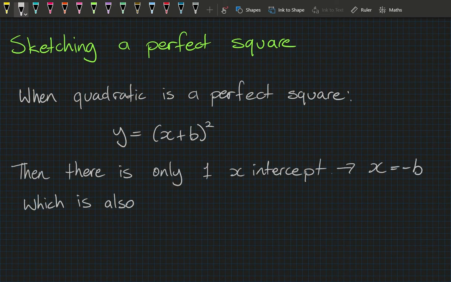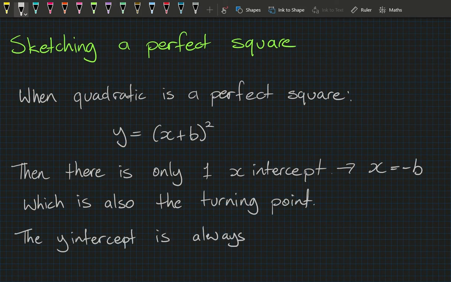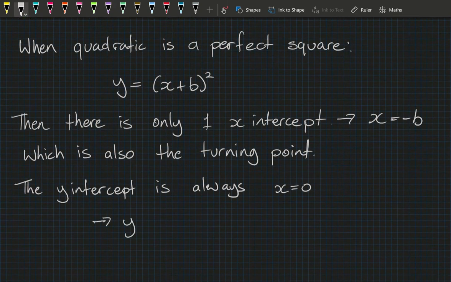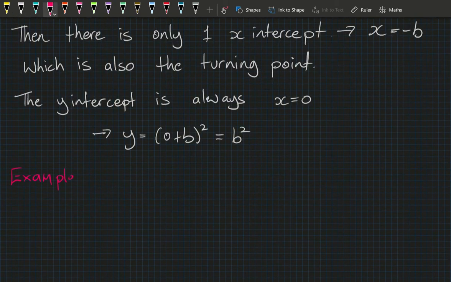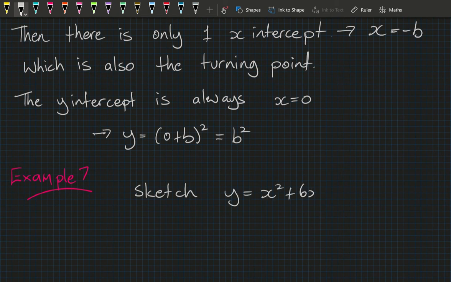This intercept is also the turning point. The y-intercept is always where x is equal to 0, so subbing that in, that means we've got y is equal to 0 plus b squared, which is just b squared. Okay, so let's get straight into example 7, where we're going to sketch y is equal to x squared plus